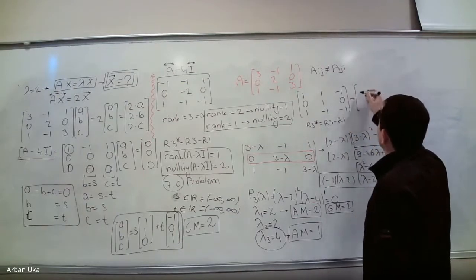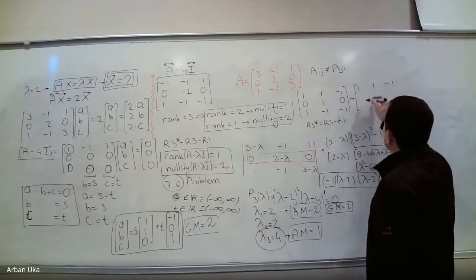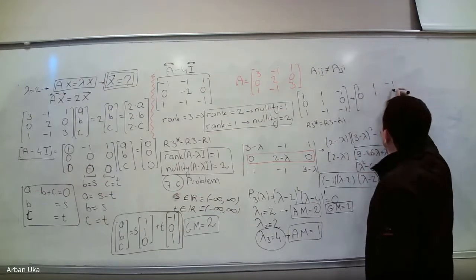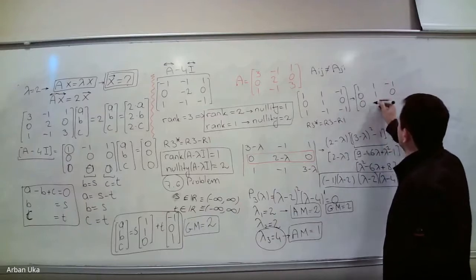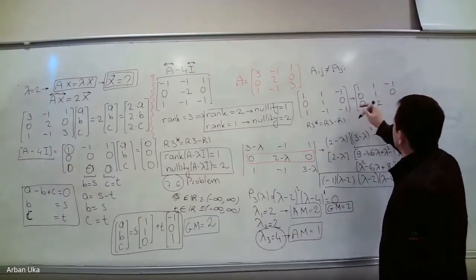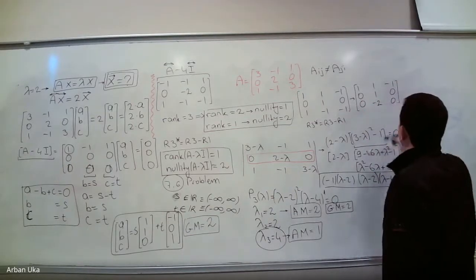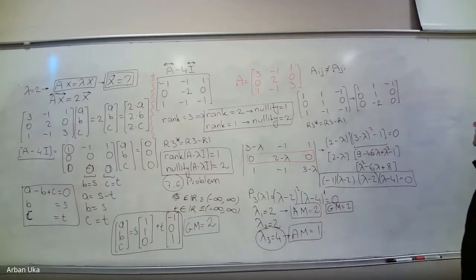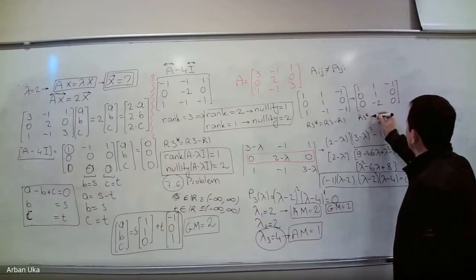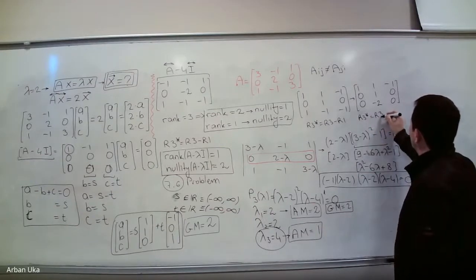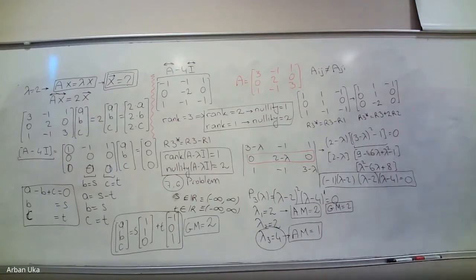And from here we obtain 1, 1, -1, 0, 1, 0. And then 1, -1, 0. This is -2. And this is also 0. If this is 0, then the next step is we say that row 3 star is equal to row 3 plus 2 row 2. If we do this, then